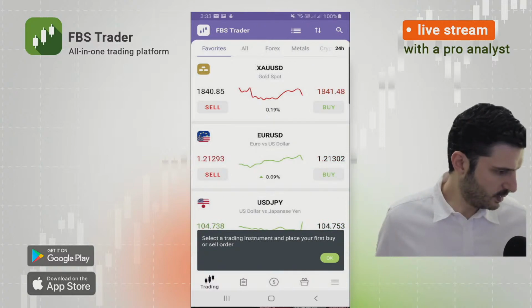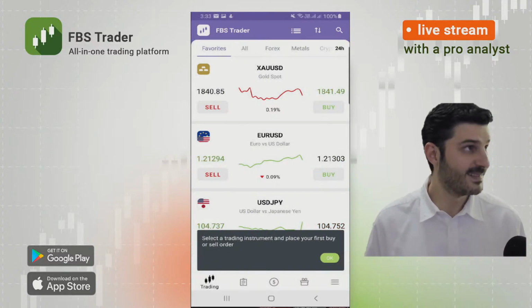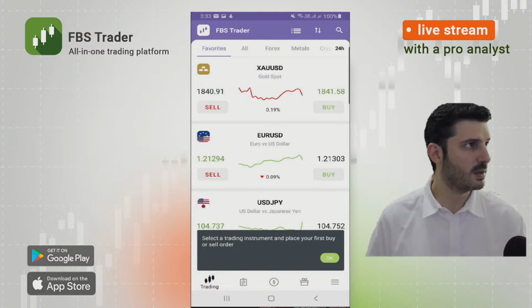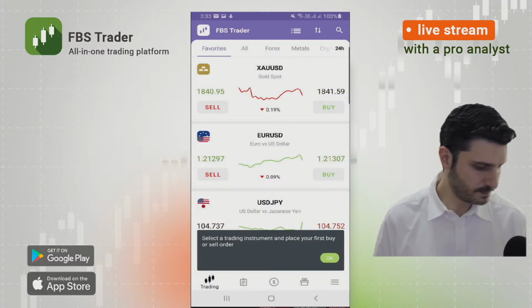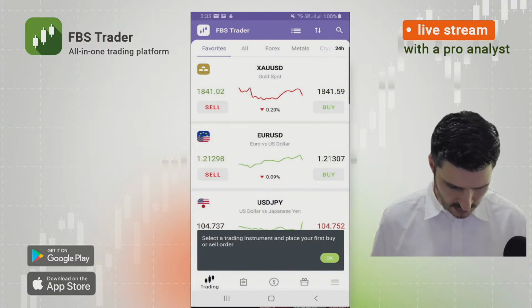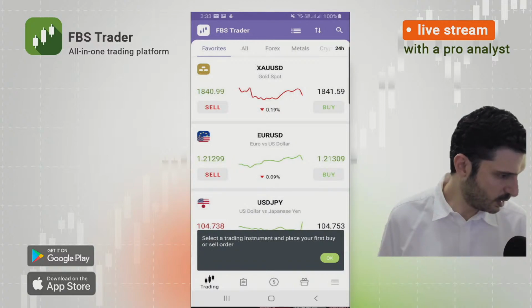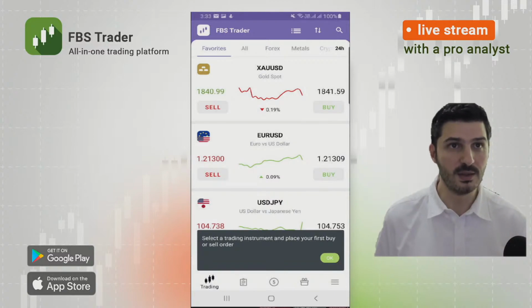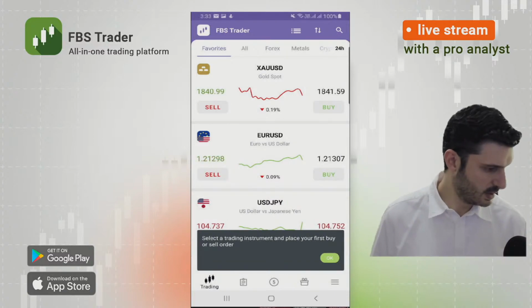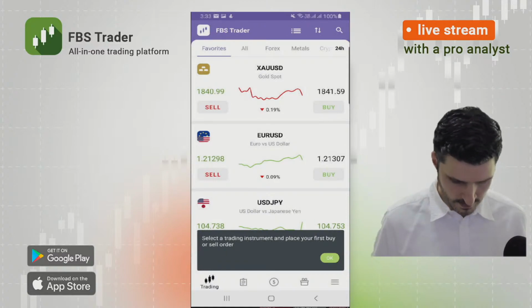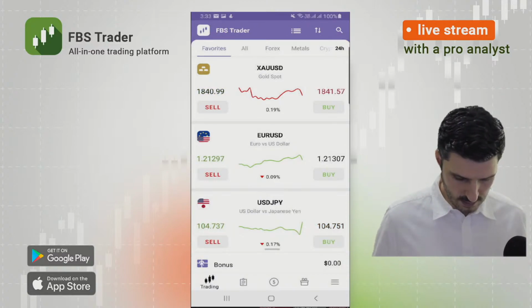So we have euro, JPY, gold, gold, euro, euro. Okay. Well, we need to decide. Okay, let's go ahead actually with gold, because I think gold is not going to go up that much. So select trading instrument and place your first order. So I get Aussie dollar, gold, gold. Okay, we got multiple for gold. Well, I asked for three things: either yen, euro, or gold. So let's go ahead with gold. Okay. So let's click on gold,